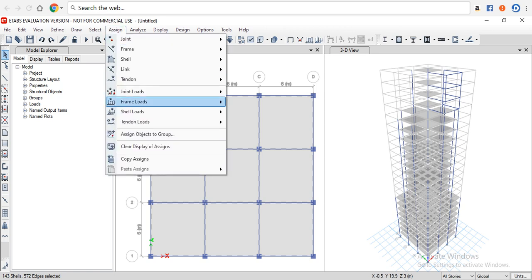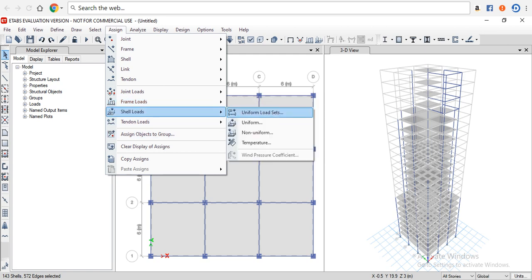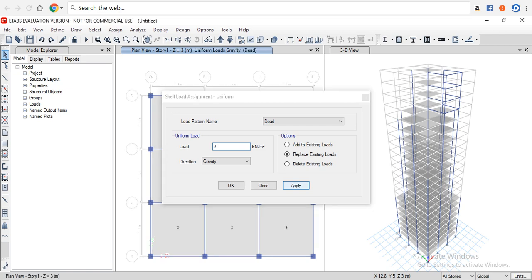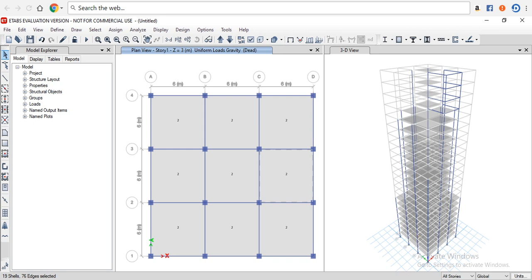Go to assign and go to shell loads, then go to uniform, then dead load as 2 kN per meter square, then apply and then OK. The dead load for all the stories has been successfully added. Then change the all stories option to similar stories option. Select the shells,